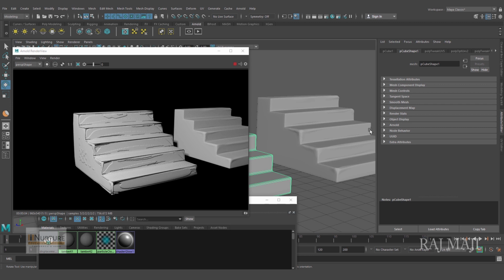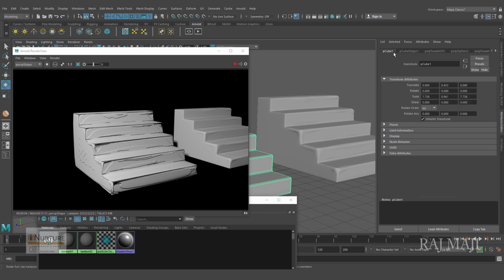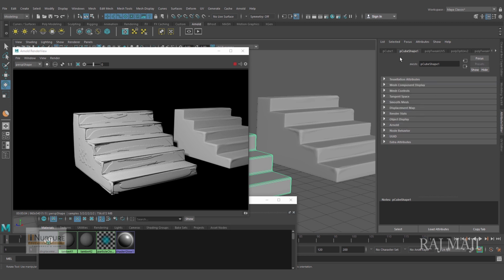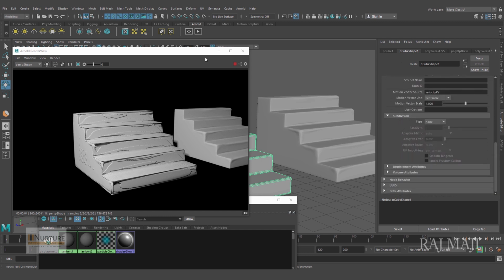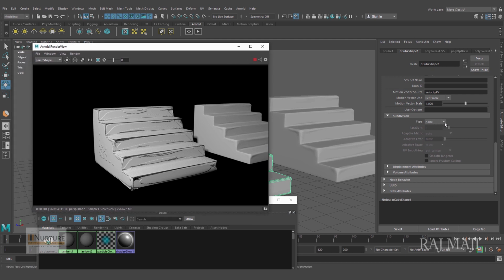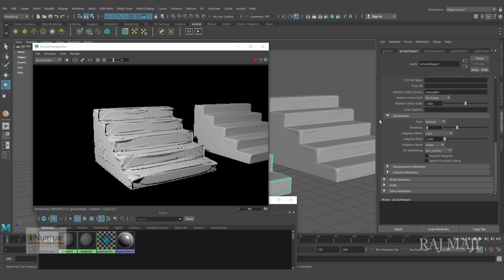So for that, what can be done, I don't have to go to the mesh and smooth it, no. I'm just selecting this and I'm going to the shape node. This was the transform node and this is the shape node. Okay, just click on Arnold, and inside this we are having subdivision, and subdivision type, instead of none, I am making it catclark. It's just a different kind of calculation. Alright, so the iteration, instead of 1, I'm making it 2, means I'm subdividing it, and let's make it 3.